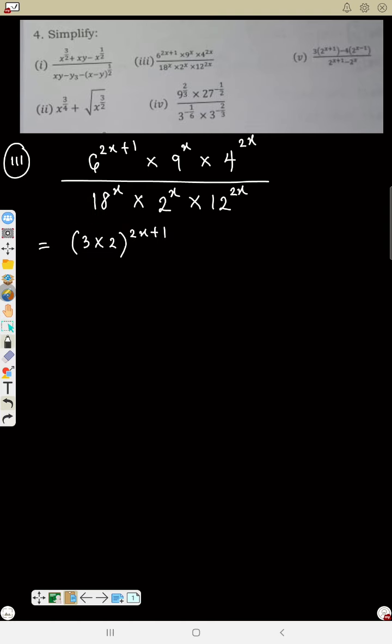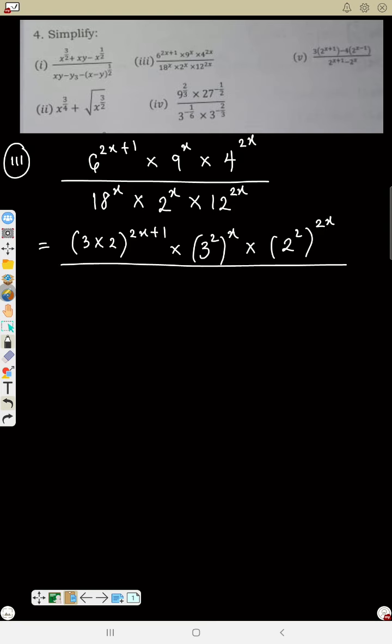Raised to power 2x plus 1, times 9 is 3 squared, but it is raised to power x, times 4 is 2 squared times 2 raised to power x. Everything over, again 6 is 3 times 2, 9 is 3 squared, 4 is 2 squared. So we just change all those ones to their index form. 18